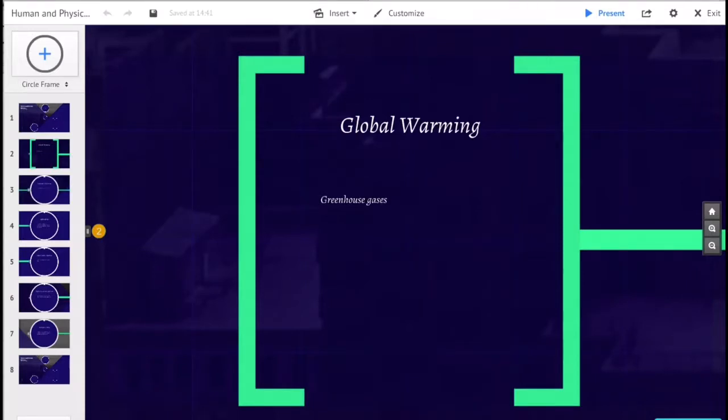Global warming and climate change are the terms for the observed century-scale rise in the average temperature of the Earth's climate system and its related effects. Global warming is caused mostly by human activities, such as increasing concentration of greenhouse gases, such as carbon dioxide, from the burning of fossil fuels.